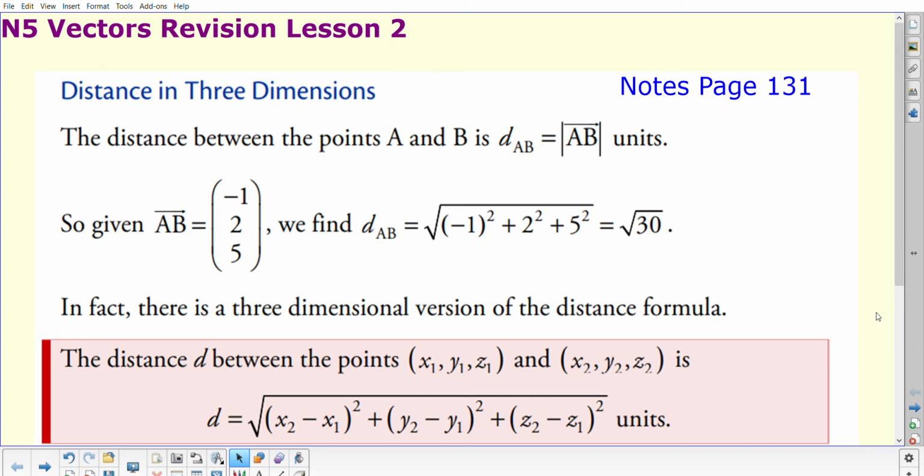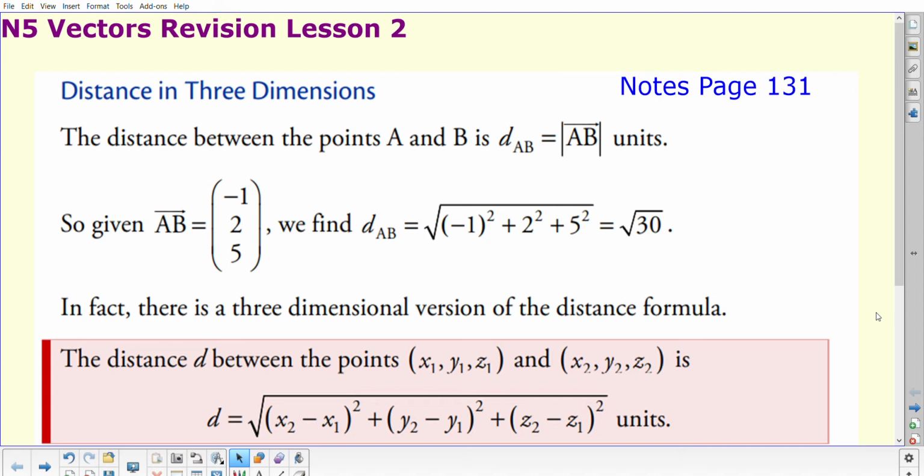So now that we've had a short look at the early part of your vectors work from National 5, I'm going to continue to look at the remainder of the work on National 5 vectors that you should be familiar with. This bit here on the distance in 3 dimensions, you are familiar in your higher course with the distance